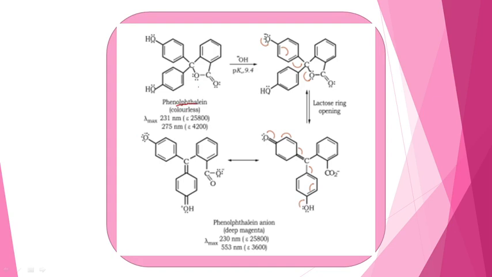Phenolphthalein is an acid base indicator. Generally it is colorless. If it is treated with a base, it can abstract the proton, because it shows weakly acidic and weakly basic nature. Due to the abstraction of proton, there must be an extension of conjugation. As the conjugation is extending, you will find an increase in lambda max, and it also acquires the quinonoid form. As it acquires the quinonoid form, it acquires color, that is pink color.